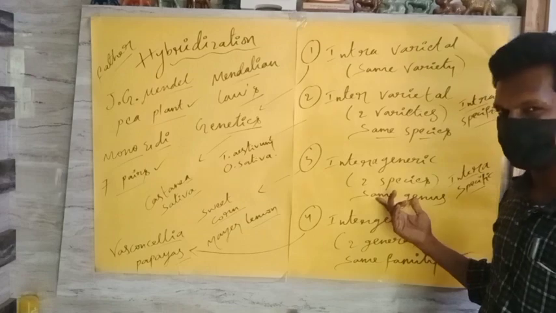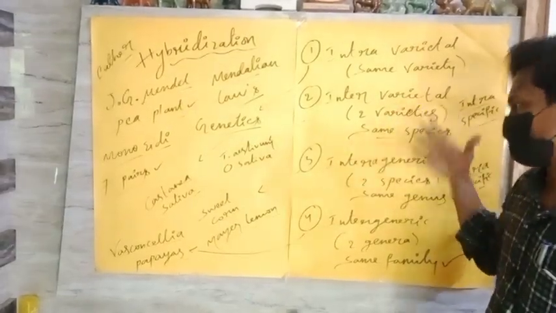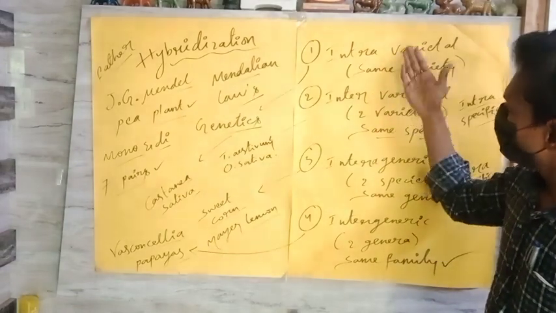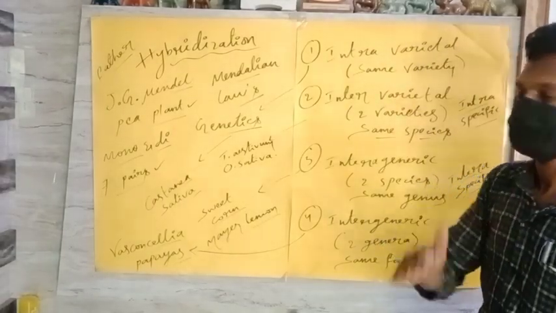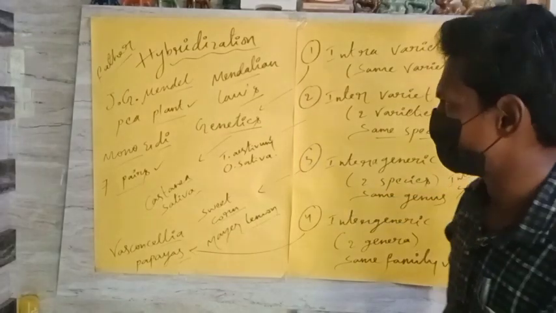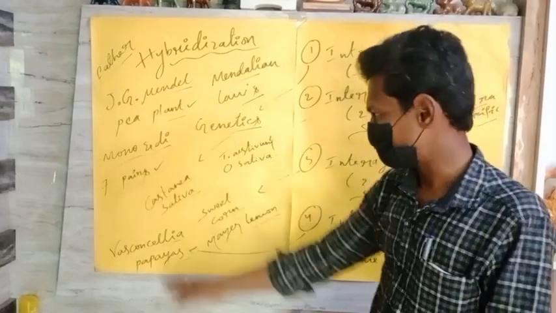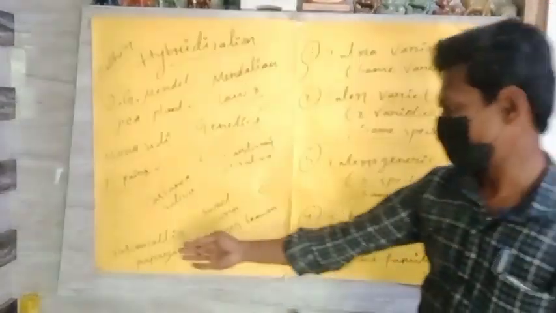Here the genus is the same, species 2. Here varieties differ, but species is the same. Here variety is the same, species also the same. In this way, these are the four categories or types of hybridization given by scientists, and these are the examples. The last one, the intergeneric example, is